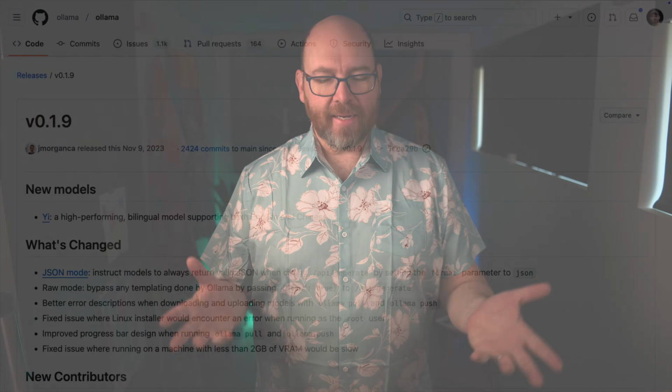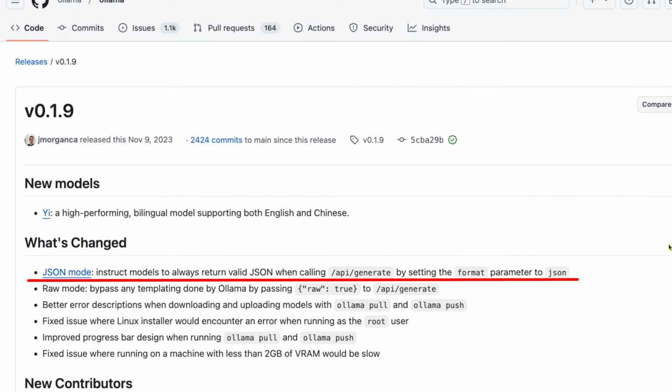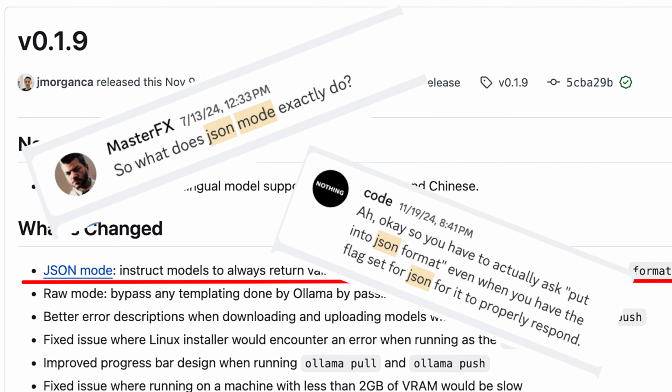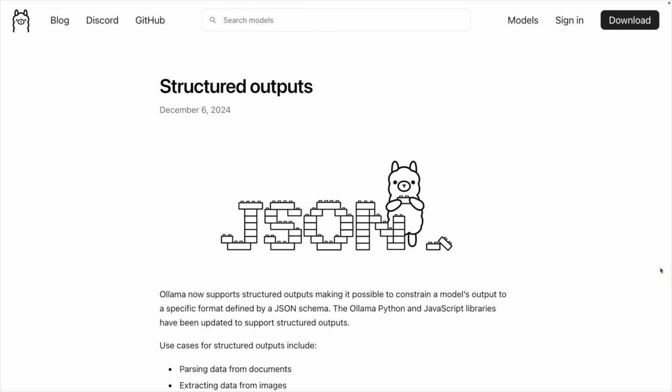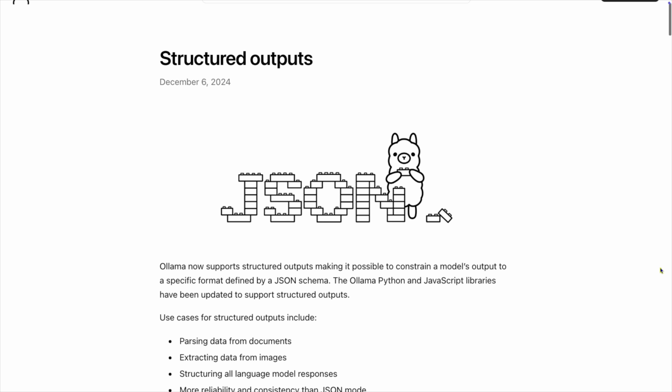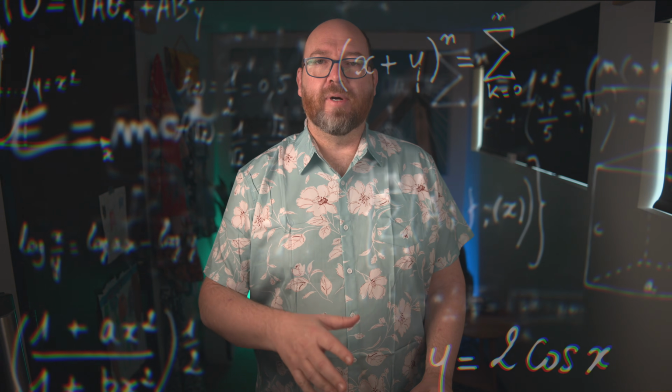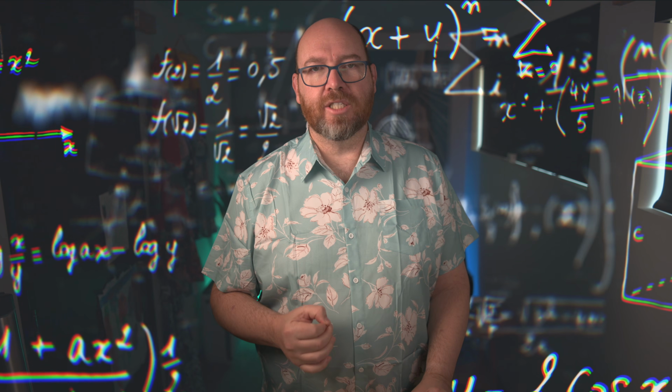Did you know that despite having JSON mode for a year, most Ollama users still struggle with inconsistent AI outputs? That's where structured outputs come in, aiming to improve the consistency of AI-generated responses. Let's take a look at this new feature and see what it's all about. I'm excited to dive into the details with you and explore how structured outputs might change the way that we